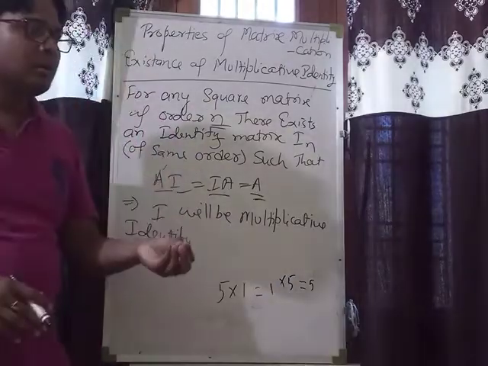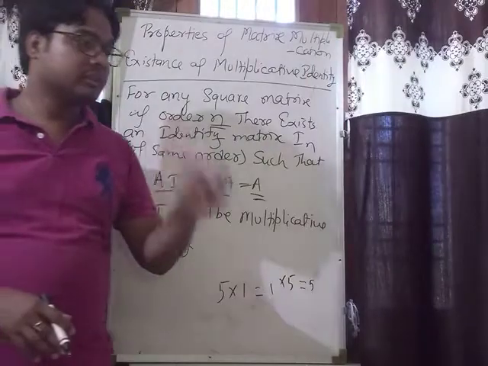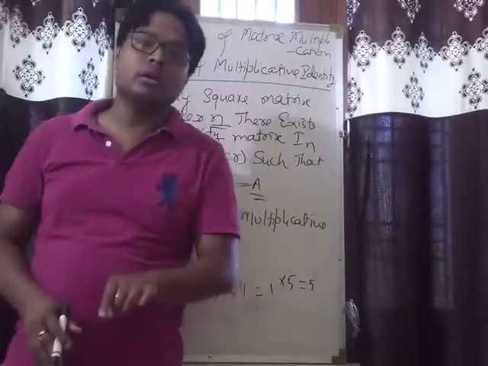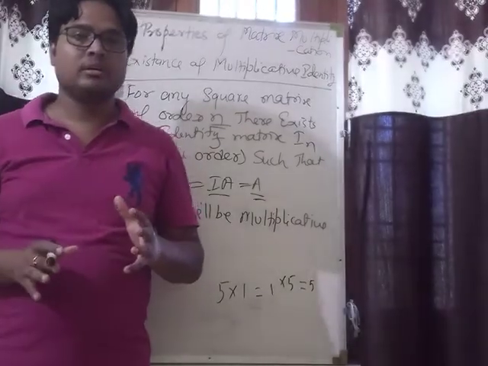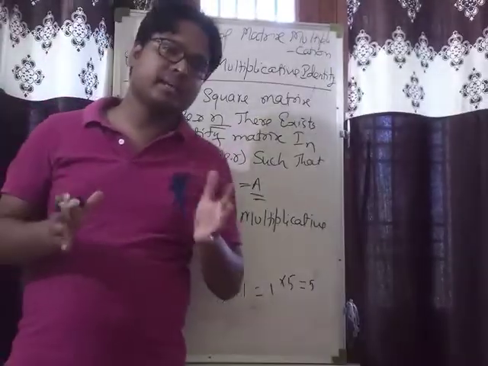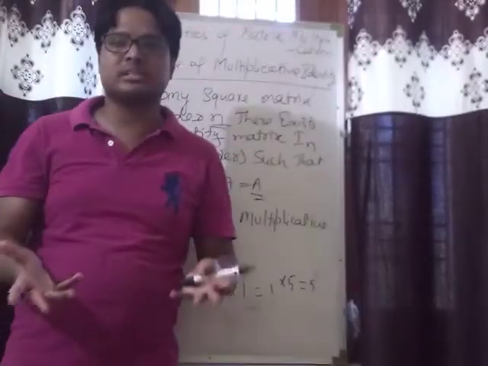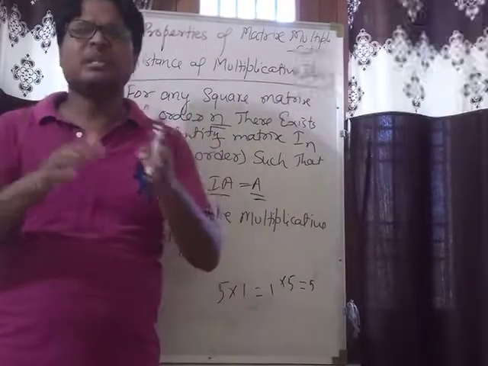And when any matrix satisfies both, meaning left and right identity both, then that will be called identity matrix generally. In any case, if right identity exists but left identity does not exist, then that matrix, whatever that set,